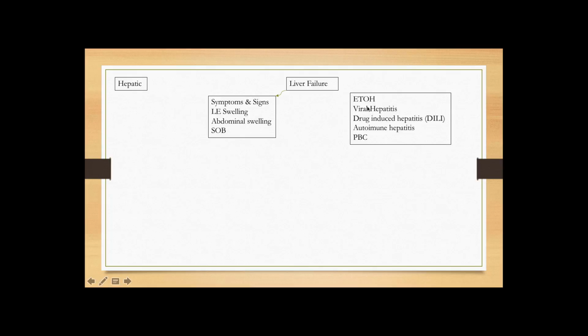But anyhow, there are precipitating factors or underlying causes of liver failure. The number one cause in the United States is alcohol and hepatitis C. So hepatitis C and alcohol are the biggest causes of liver failure. And then we have some additional causes, for example, drug-induced liver injury. People call it DILI now. And then autoimmune hepatitis is another cause, and primary biliary cirrhosis is another cause. Of these five, the first two are the most common.